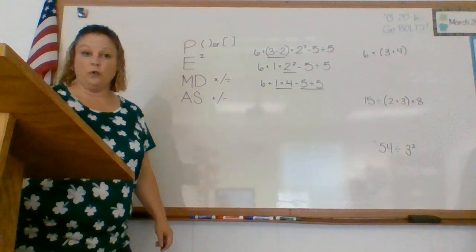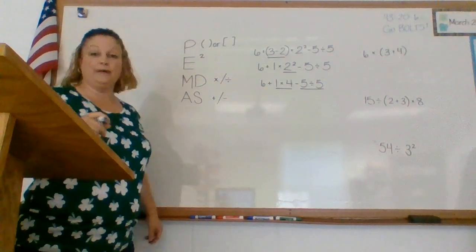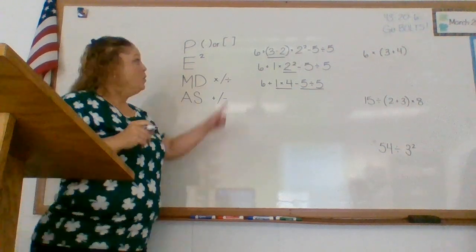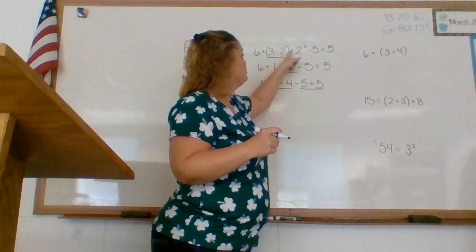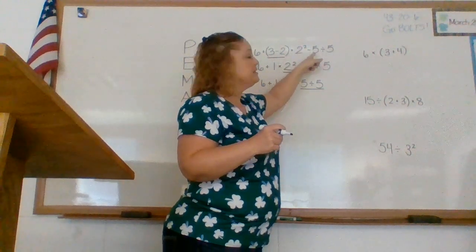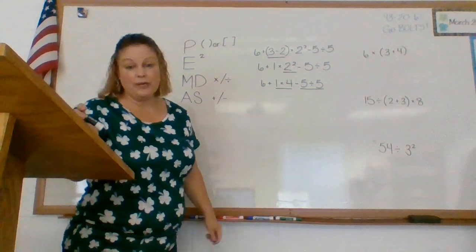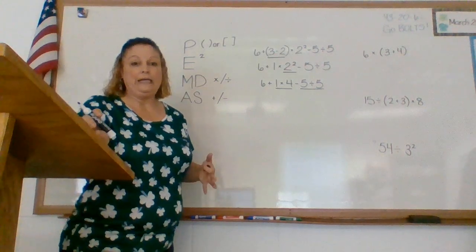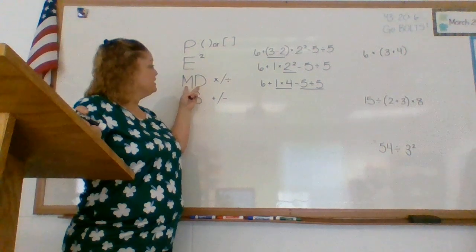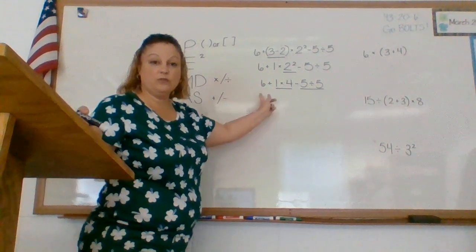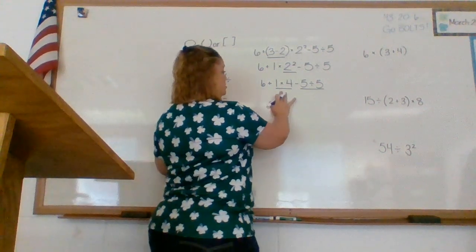I have a 1 times 4 and I have a 5 divided by 5. We are not going straight across 6 plus 3 minus 2 times 2 squared minus 5 divided by 5. Order of operations doesn't work that way. We will get the incorrect answer. So going back to step 3, multiplying and dividing, because this comes first as I go across, I solve that